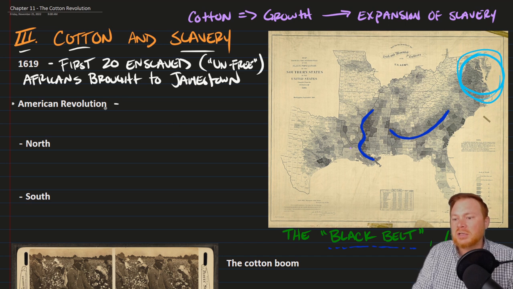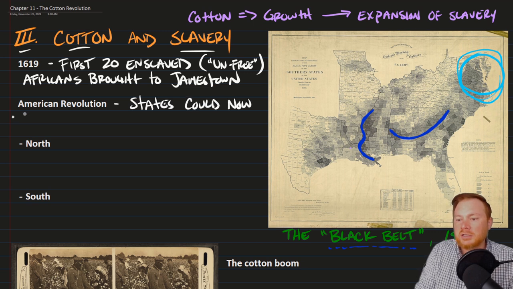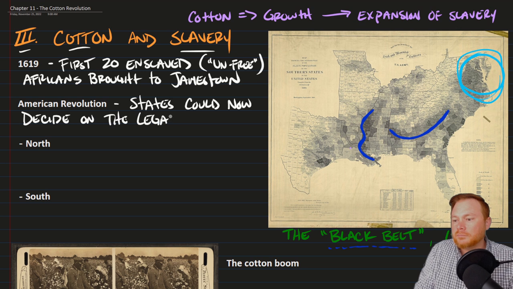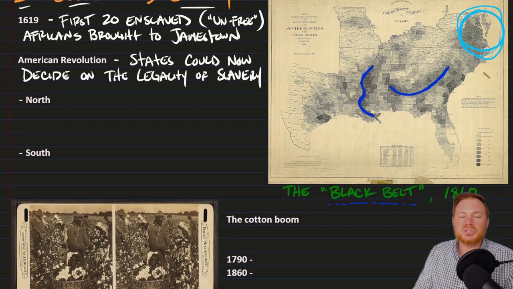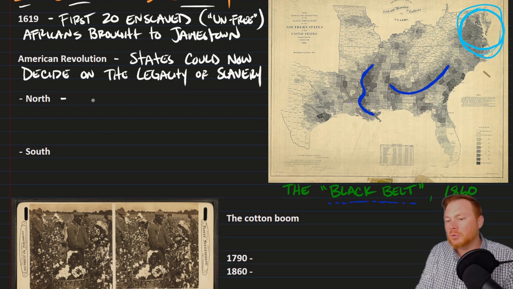And one was that after the American Revolution, states could essentially now decide on the legality of slavery. The American Revolution created a brand new country in the United States, so a brand new national government. But what it also created was 13 state governments, and each individual state could decide, were they going to allow slavery? For the most part, the northern states, we might say,